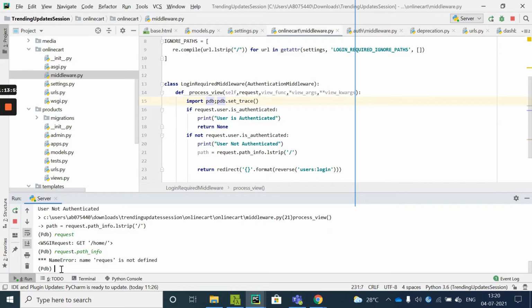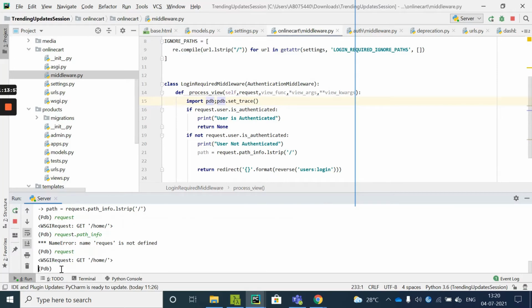So first of all request, and then request. You see here request.path will give you home.